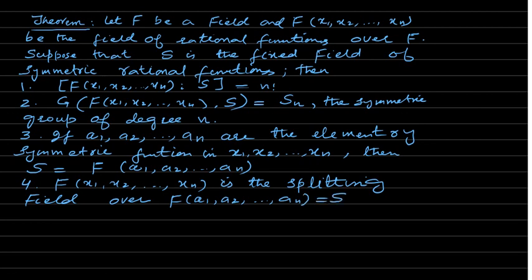Splitting field is defined for a polynomial which is defined over a certain field, and that polynomial is defined over this field F(a1, a2, ..., an). It's the splitting field over this field of the polynomial